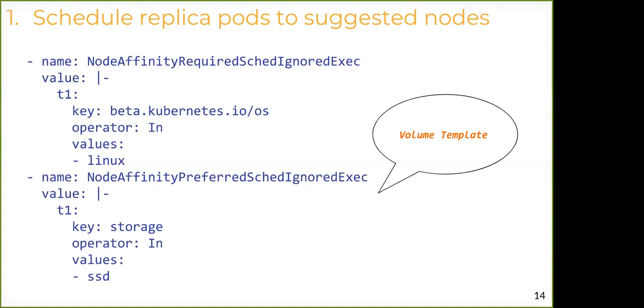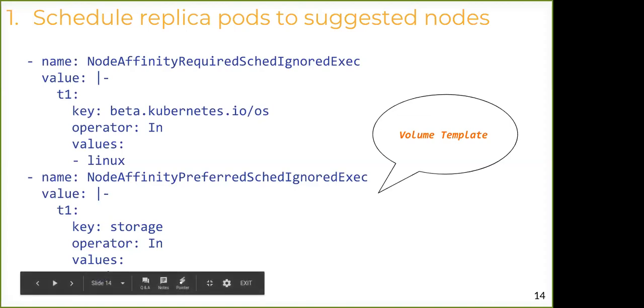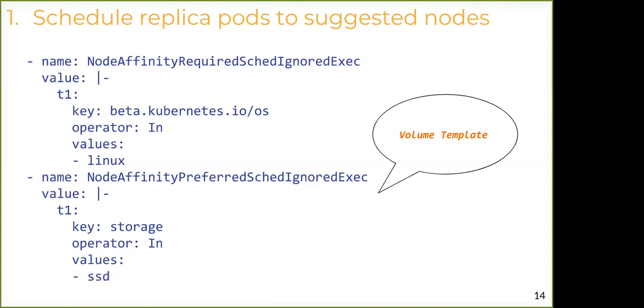The operator can give a taint to the node, giving its key and a value, and then the operator has to come back to the volume template and put that key and value here, right? And the second one talks about the same thing that I said just now. Let's say there is some key called storage and some value called SSD, right? So storage and SSD are the taint,